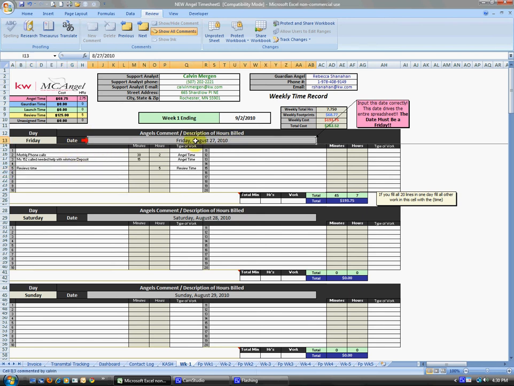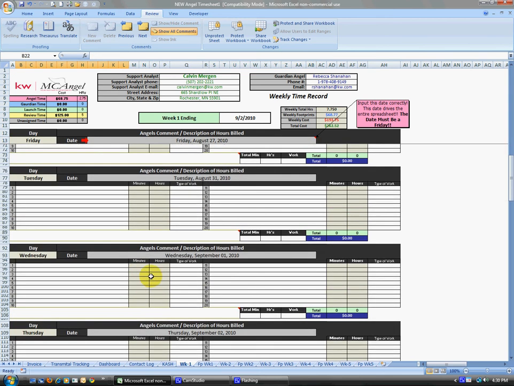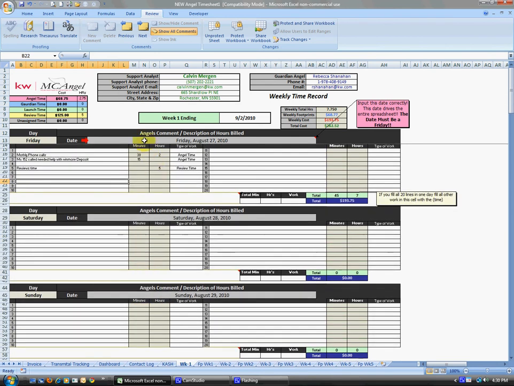You'll see here, this is a very crucial spot, and this is the same as the old one, just in a different format. You always had to put in the beginning date of your timesheet, and almost 99% of the time it's going to be a prior date than the beginning date of the month, unless that first day of the month lands on a Friday. If it does not, so obviously 6 out of 7 times it's not going to, you're going to have to backdate it a little bit here, because I'm doing the month of September 2010, and the first day of September happens to land on a Wednesday, so I need to backdate it to my Friday,